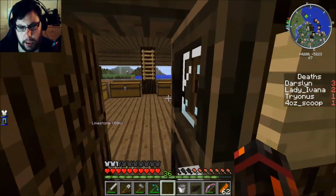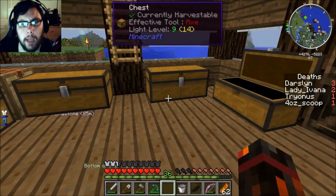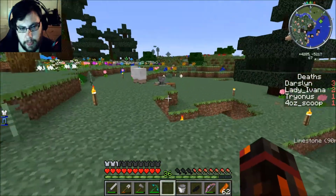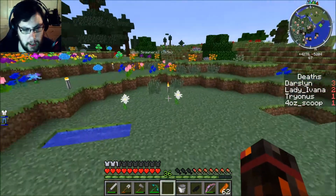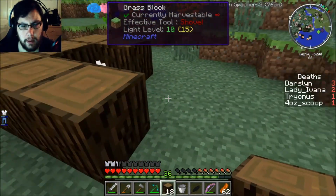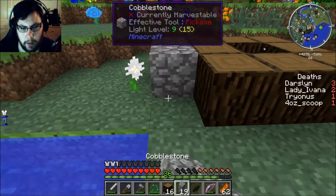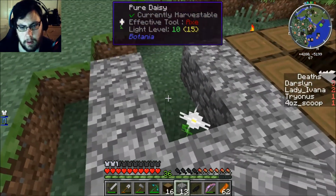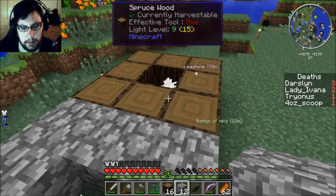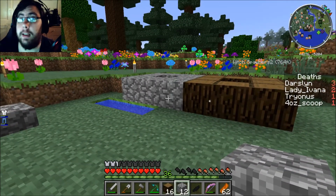And then I just need some wood. It needs to be pure wood, normal wood, not planks. And some stone, which I've already got on me. You probably know this again, but then you just surround the plant like that, and the same with the stone. Oops, that does not go there, you go there. So that will turn into living wood, and that will turn into living stone, which is for the next stage